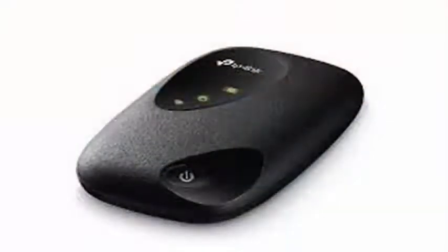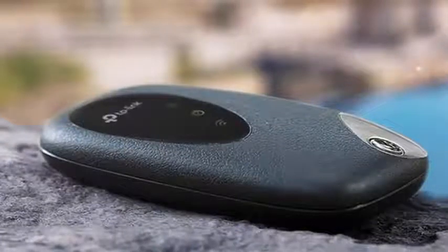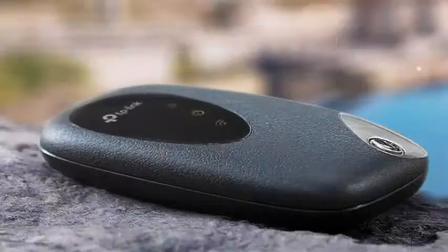This Mi-Fi router can be controlled in a basic way with the button and the screen indicators, but in order to manage it we must use the tpMiFi app. Regarding autonomy, another of the basic aspects in this type of product, the TP-Link Mi-Fi M7200 integrates a 2000 mAh battery that, according to the manufacturer, offers up to 8 hours of wireless connectivity. In case of running out of battery, we can always connect it to the electrical outlet,